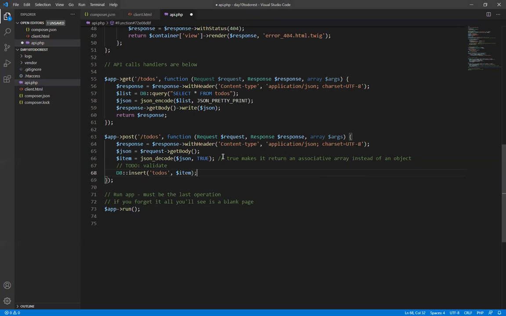Actually, I would like all of my API calls to send a response of some sort. And the main reason for it is that I know from previous experience our client will be written in JavaScript. Somehow JavaScript doesn't like it when a call doesn't return any value. So we will have to return values from all our calls, even though technically it's not a requirement. So what I will do here is I will ask for what the insert ID was, and I will